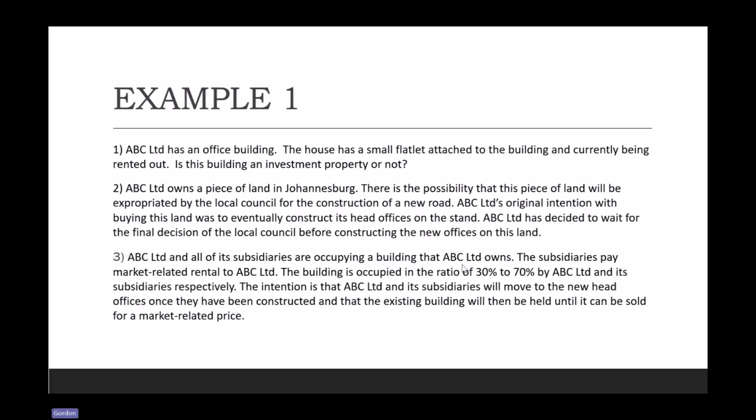Can someone try? Is this an investment property? You have an office building, and attached to this office building is a small flatlet, which is being rented out. Is this building an investment property? Is this office building, the whole of this office building, is it an investment property or not? No, I don't think it is. I don't think it is an investment property because it is being occupied